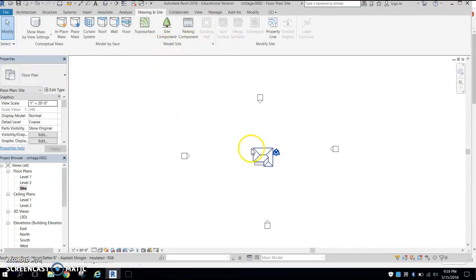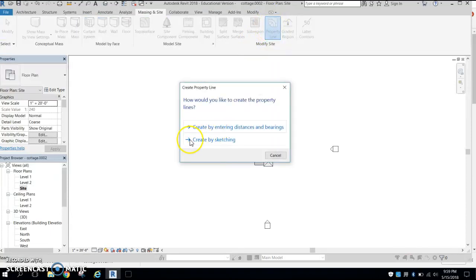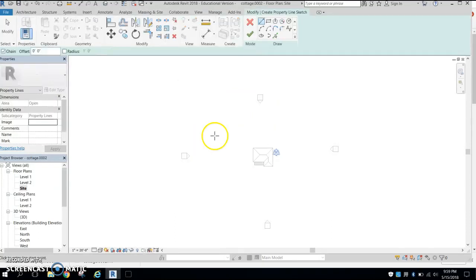Now, once we have this menu open from massing and site, we need to make our property line. So I'm going to come to this tool right here, property line. Click on that, and we want to create it by sketching. So I'm going to click on create by sketching, and you can see up here in my draw tools, I can use a bunch of different shapes. What I'm going to do is use a rectangle, just make this real easy. And I'm going to click once and drag. And we're going to go with